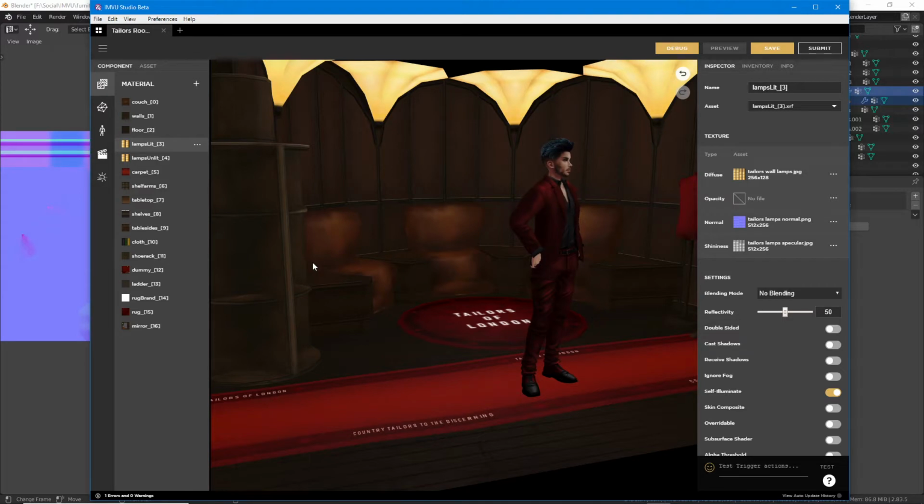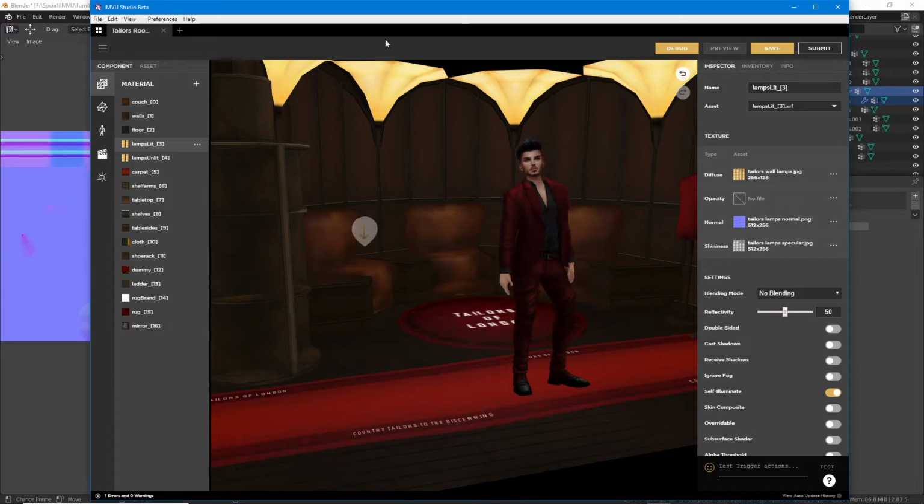For some reason, IMVU Studio doesn't like modifying files after the fact, and it may give you file errors that basically allude to the project being too big. So the solution for that may be,